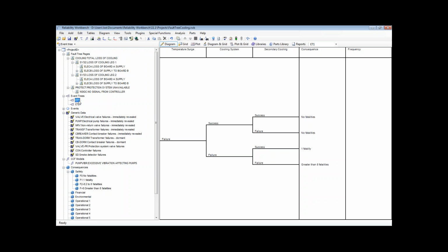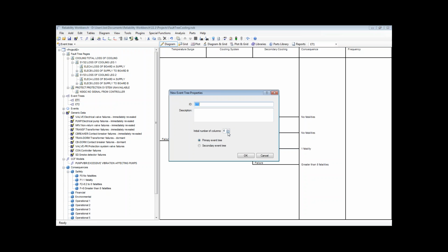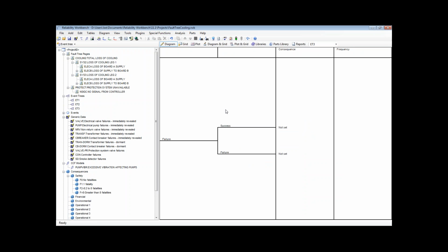Okay, so I mentioned earlier that you can have more than a simple binary fault tree. Let me just start by adding a new one just to show how this works. Let's just start with 2 columns. Okay, so a basic event tree will be binary. Every column will be success or failure. In some cases you might want to have more than that. You might want to have partial failure or maybe degrees of success. Sometimes this is used to measure different exposure levels, or for whatever reason you might have more than 2 possible